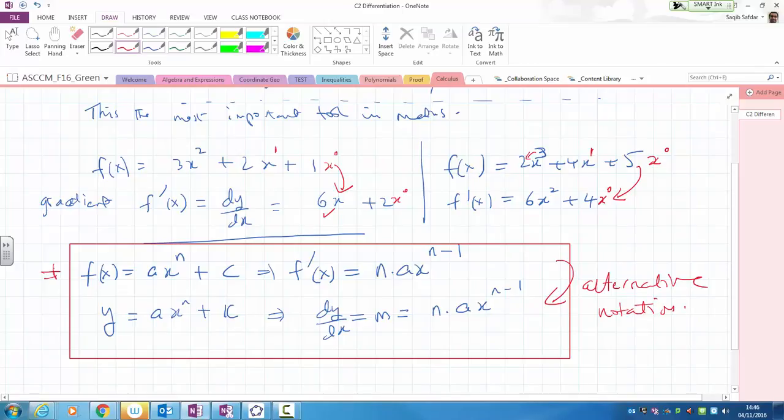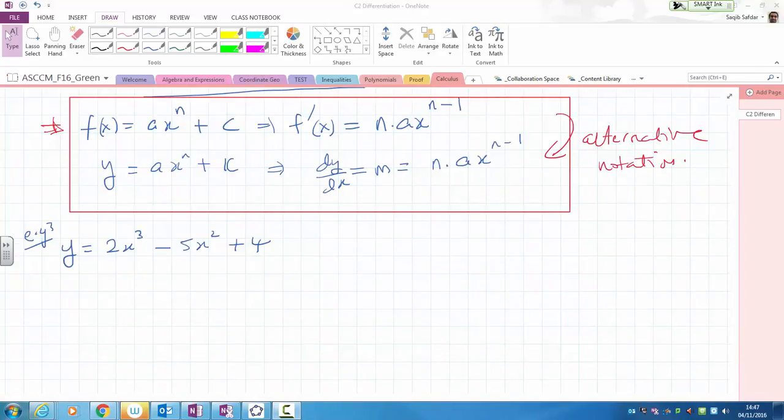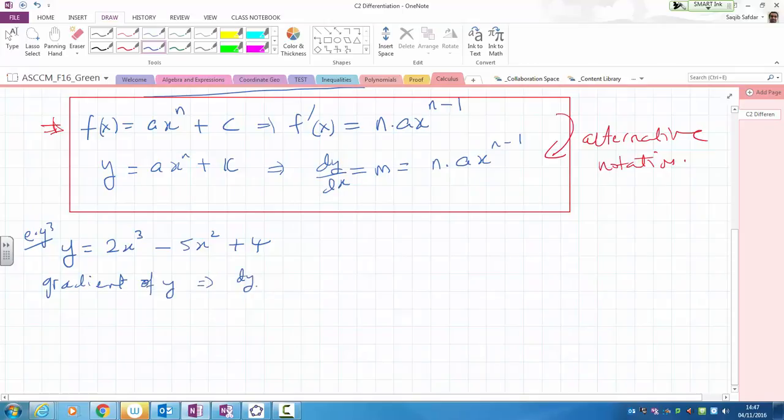Guys, with this, when you're treating a function, you can differentiate a function. They've given us this equation in terms of y. So y equals 2x cubed, take away 5x squared plus 4. Say you want to find the gradient at any point on this curve. So the gradient of y is written as dy over dx,